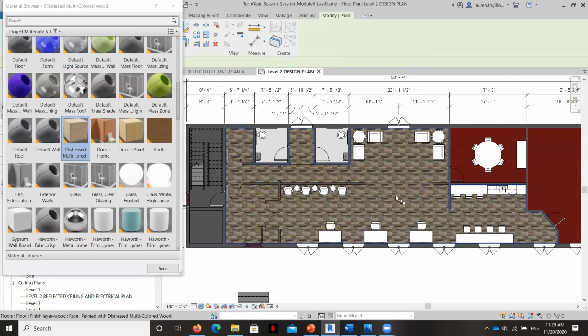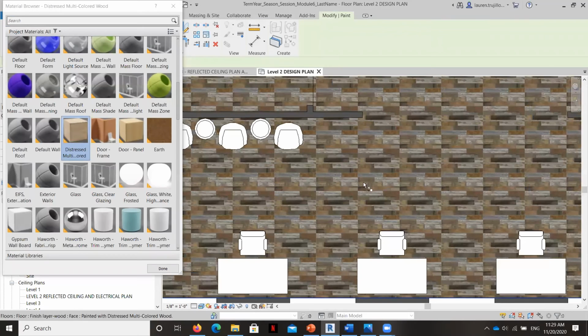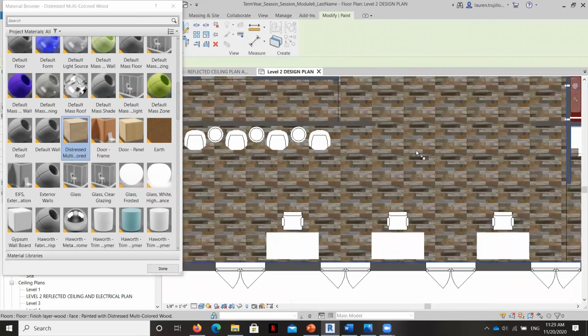Now it's a little bit slow to work with a file that's got a realistic rendered appearance on the floor, so it's better really to just save that for right as you're about to make your presentation. But it will help you see how the materials are rendering. And what I want you to pay attention to right here is the effect of tiling. And this is a really important thing for you to be aware of, because it really does compromise the quality of a rendering to have the finishes be tiled like this.